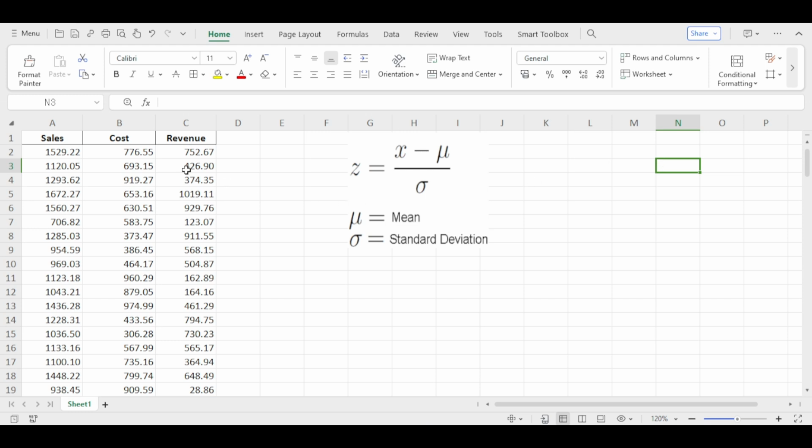As we can see, we have three numeric values in our data, that is the sales variable, the cost variable, and the revenue variable. But for the sole purpose of this lesson, we will just be making use of the cost variable. And to deal with these outliers, we'll be making use of the z-score method. Here we have the z-score formula, where z is equal to x minus mu over